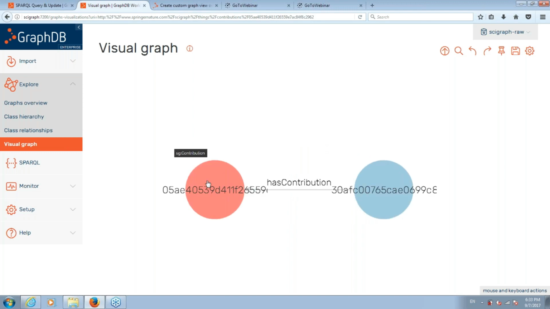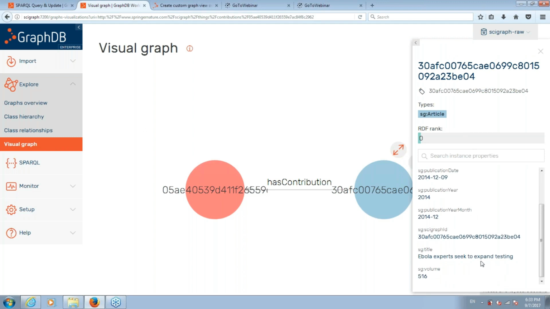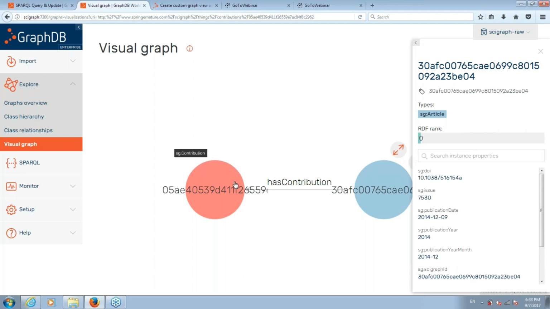We find that this is the contribution for Declan Butler, and it has an article. But what is very annoying here is these IDs. They are not meaningful visually for us. They don't say anything. And you see that articles, they don't have RDF label, contributions also, so we don't know